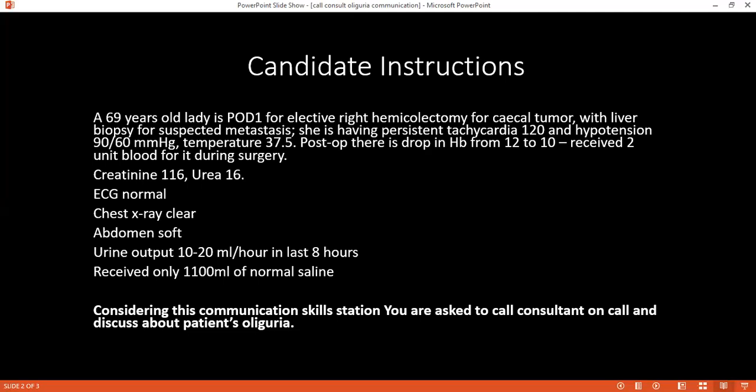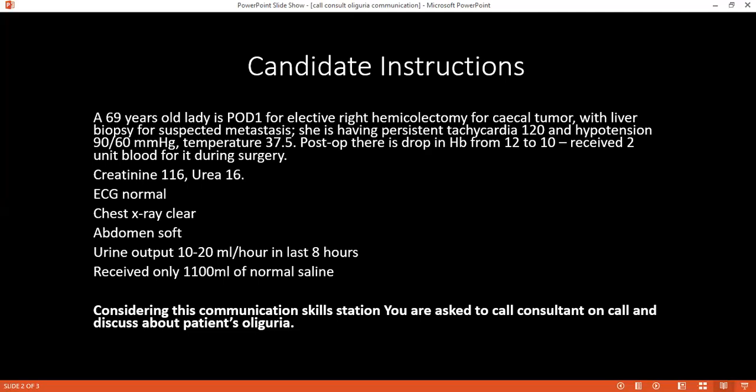Okay, you said to me you checked the labs? Yes, I will wait for the result of the ultrasound and let you know. Okay, I'm talking about the labs. You said that the patient's hemoglobin dropped. When were the labs done? Actually, I will revise this from the notes and let you know about this.